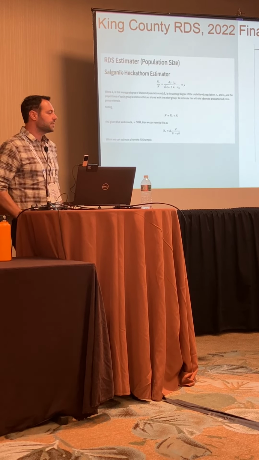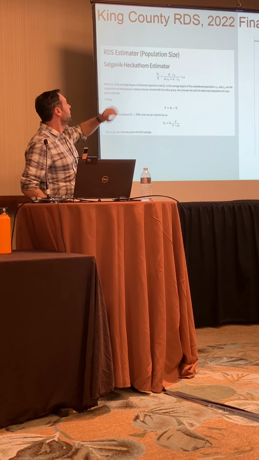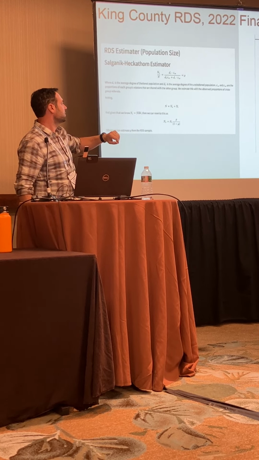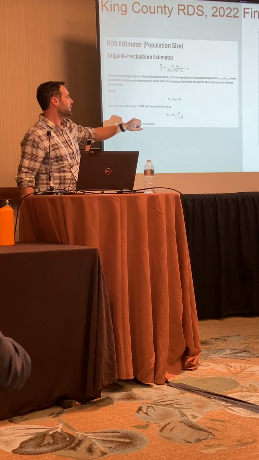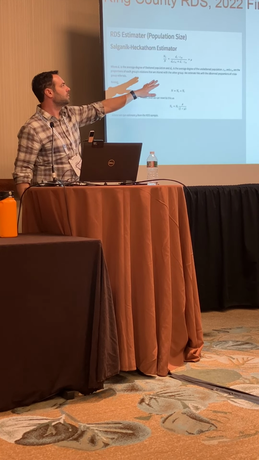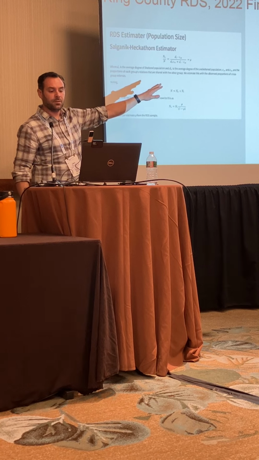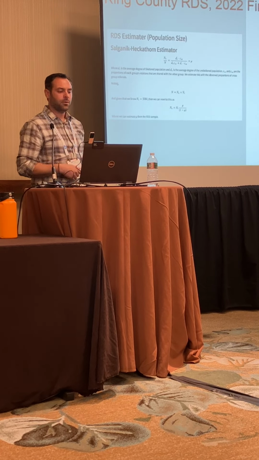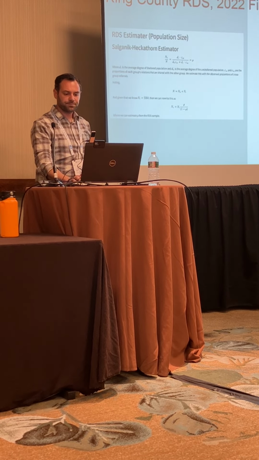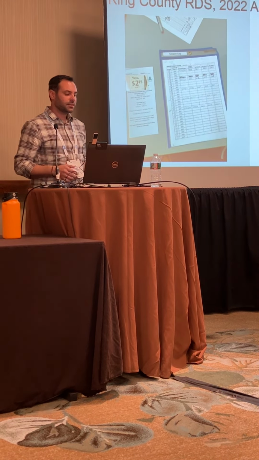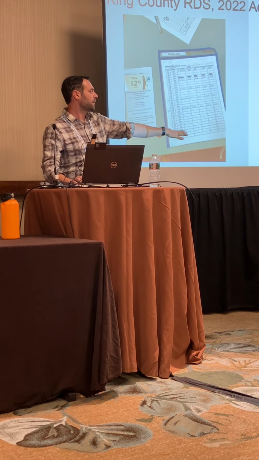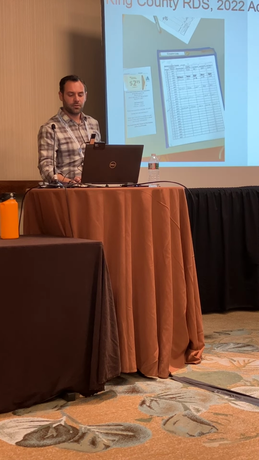In practice, I'm going to leverage this Heckathorn estimator that's been around for, I think, about 25 years, and a little bit of algebra and the sheltered population to make an estimate of the total unsheltered population, this 7,600 number. Then we estimate proportions using the RDS estimator to get these breakouts. One of the nice things is we get a few additional statistics. We can make some local regional estimates. We can estimate how many people were living in their car or RV.